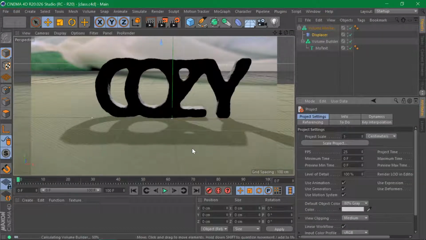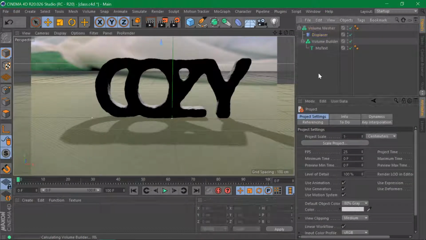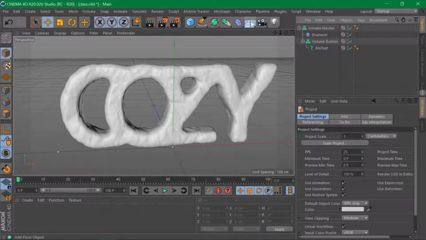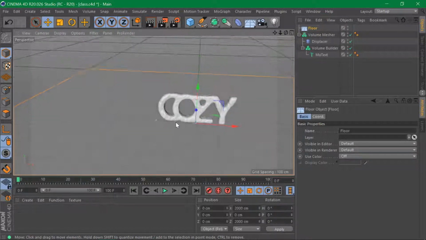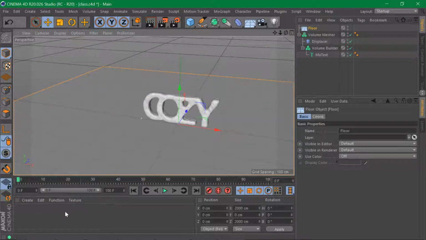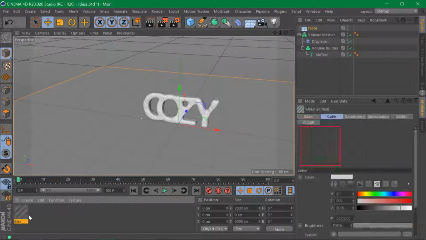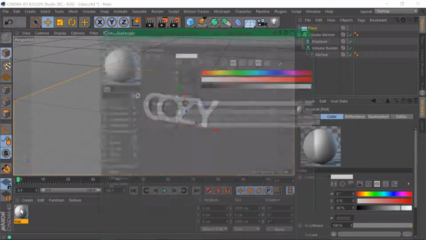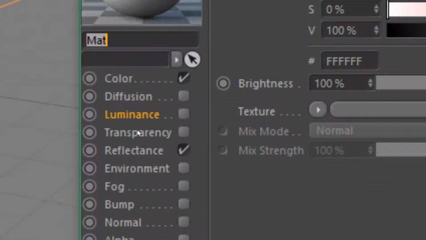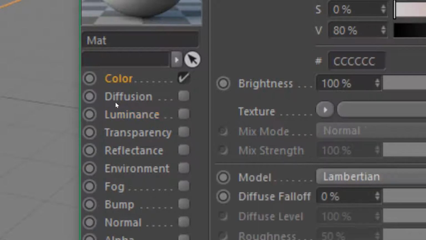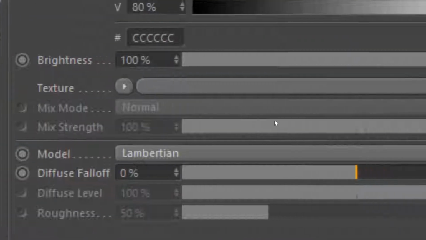And yes. We want to start by adding a floor. So we go to our floor object. Then we want to apply our material to the floor. We double click in an empty area in the material panel. We double click on the material. In this case, we don't want it to have reflectance at all, so we turn this option off. We go to the color option and we click on the